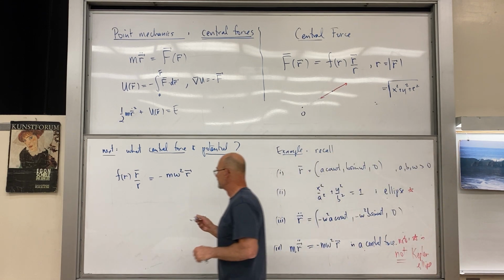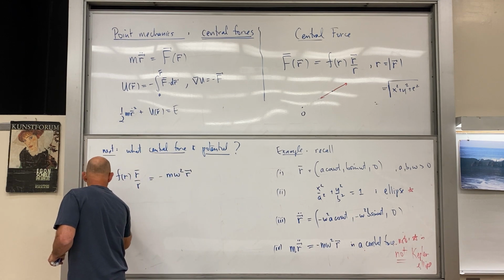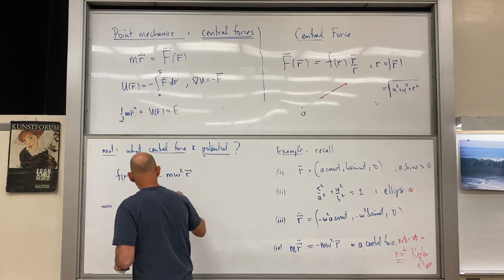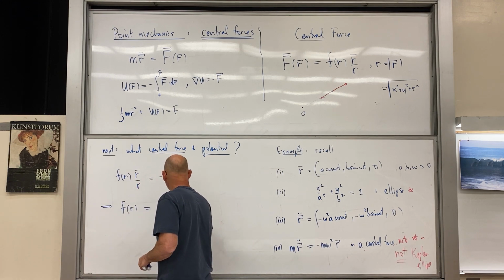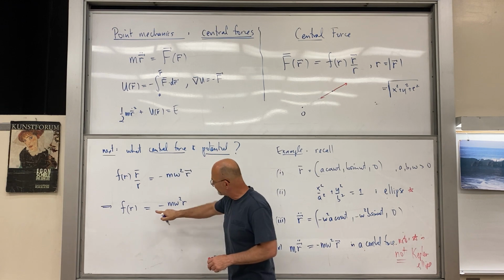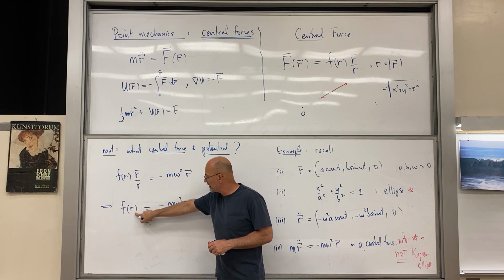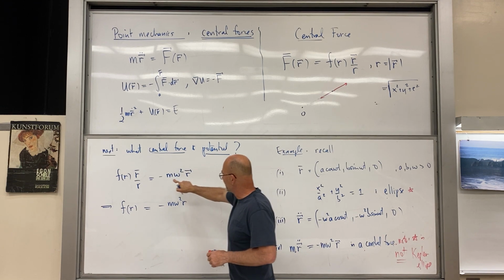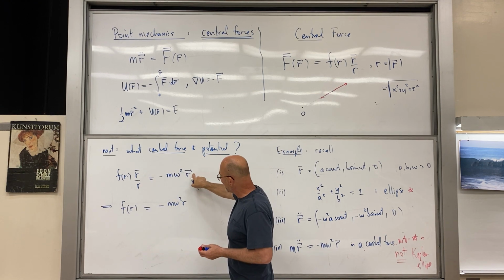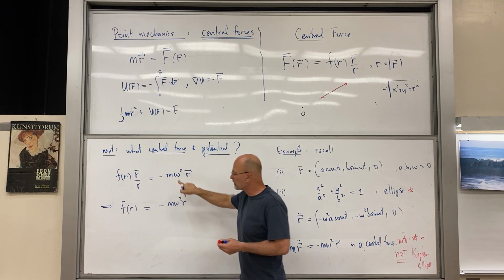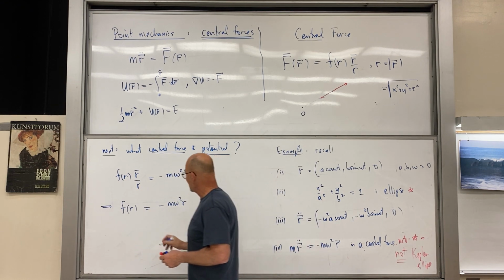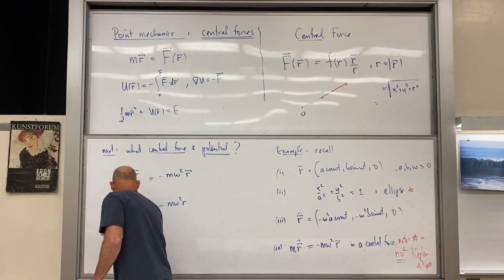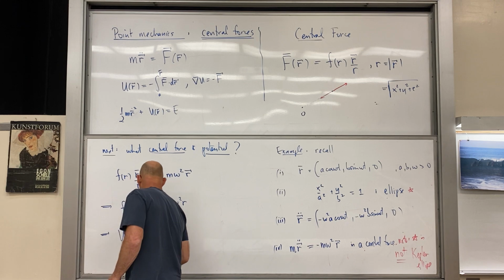Well, apparently F of r is equal to minus m omega squared r. You notice this is a function of the magnitude. And this is a vector, but these vectors are identical there. I can cancel them, and the function of the magnitude just cross multiplies over. And what about u? Therefore u of r is equal to